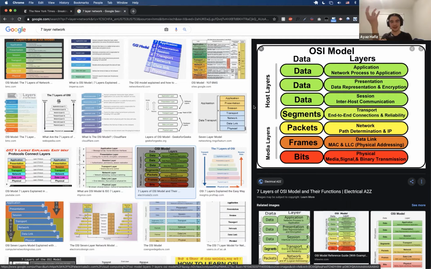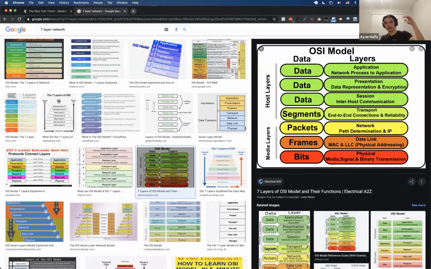There's some data that's packaged up in an application in a server, and it goes through these 7 layers to send the physical bits across the wire to me, and then I similarly go through 7 layers in order to figure out what it should look like on my